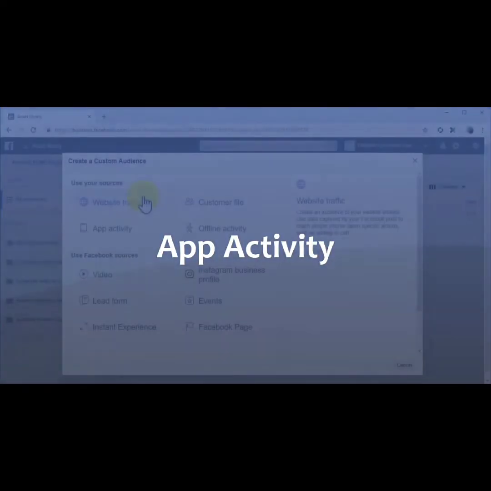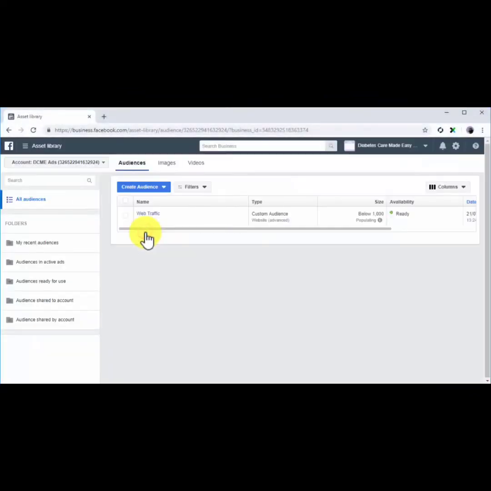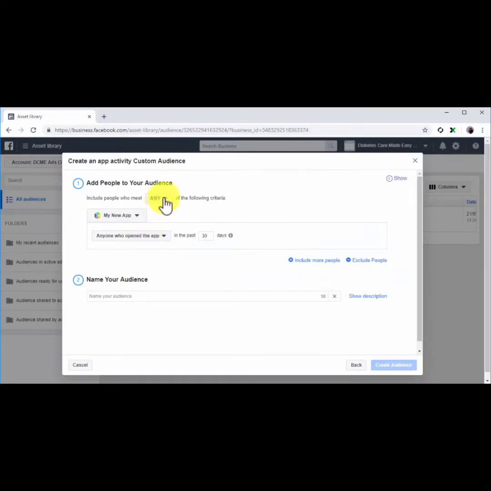App Activity. To create a custom audience from App Activity, select App Activity from this menu. Now select an inclusion criteria. Now select the app from where you want to get users to your custom audience. Next, select your criteria. Here you can select anyone who opened the app and then select the number of days